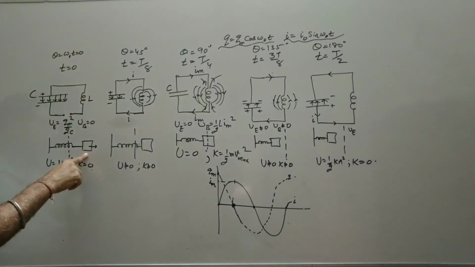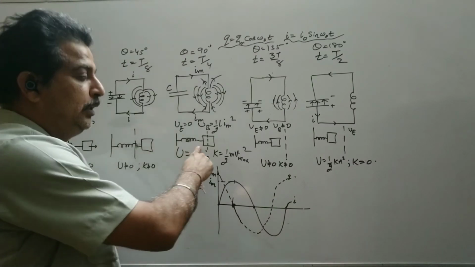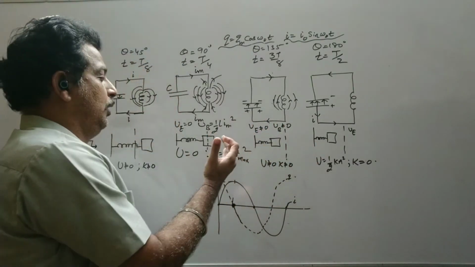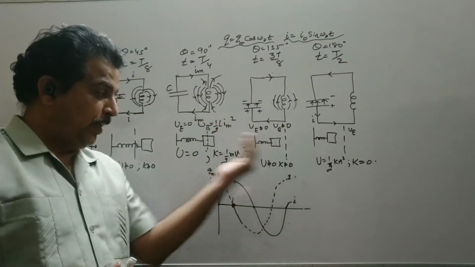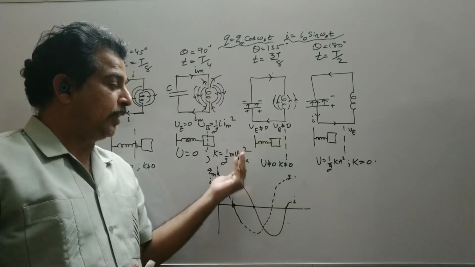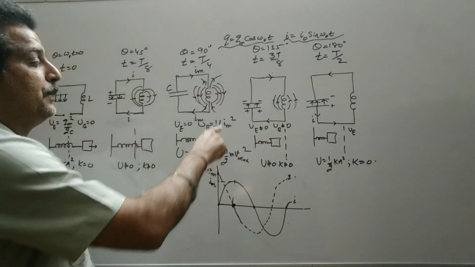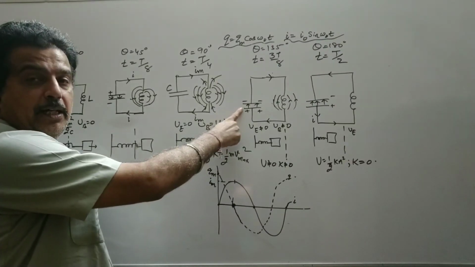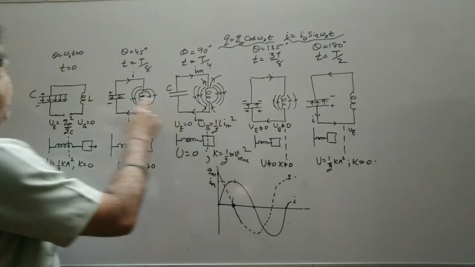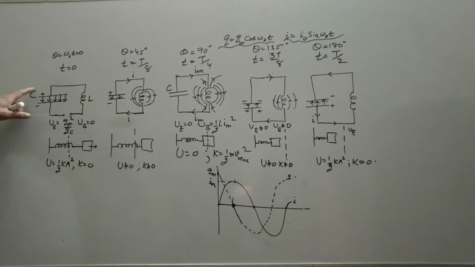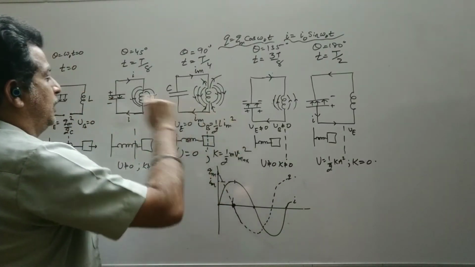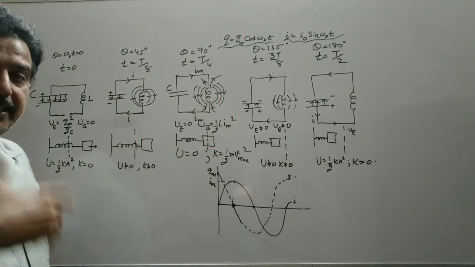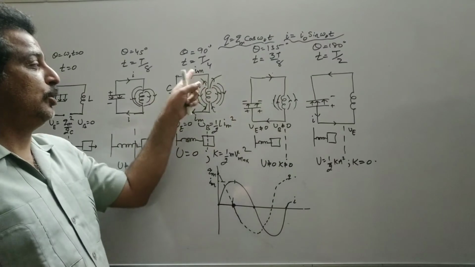So fully stretched, intermediate, mean position. Now the direction is reversed. We stretched the spring in the x direction. Now the motion is in the negative x direction. So again the electric field will start building up, and now you check the polarity. The polarity is getting reversed. So initially at this intermediate position, see, plus minus, the polarity of the plates has started changing. The direction of the current is still the same because it was maximum.